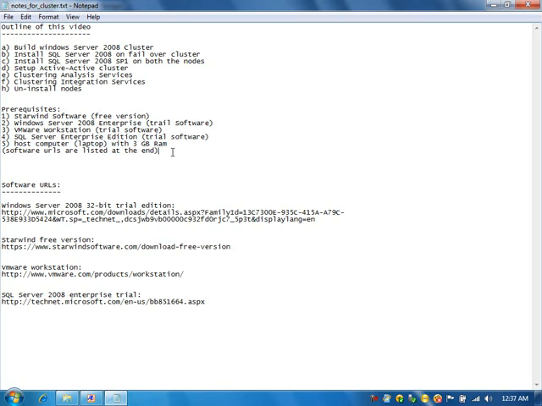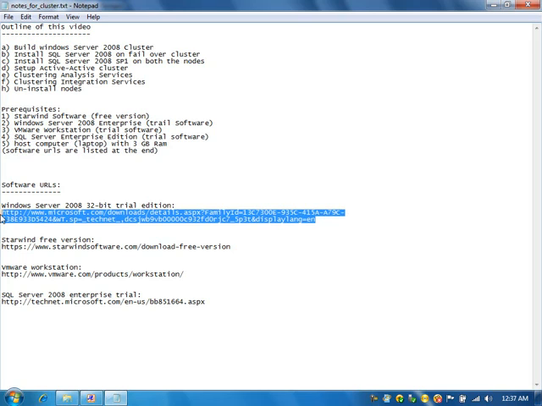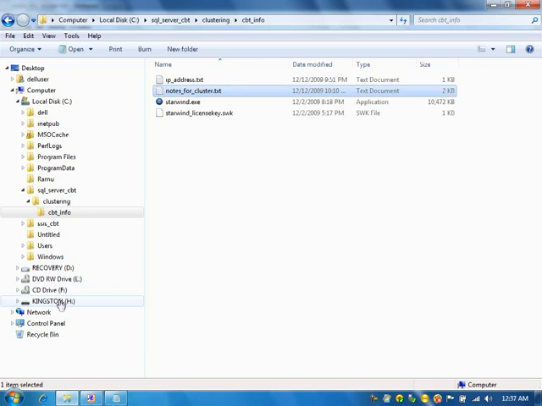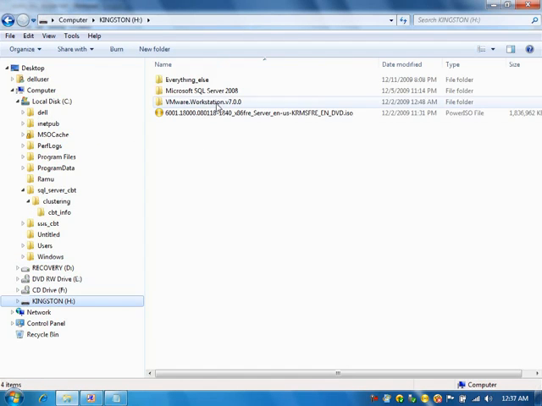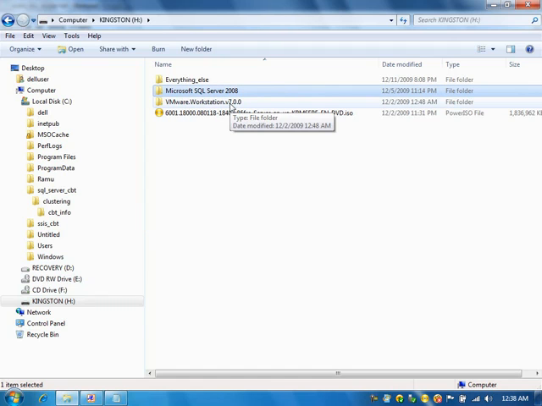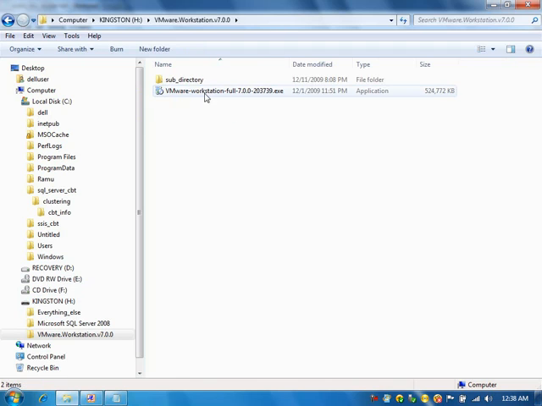That should be fine. I have given the URLs for those trial editions. In fact, I have downloaded those trial editions. I downloaded Windows Server 2008 trial edition, VMware Workstation, and SQL Server 2008 software. Okay, first let's install VMware Workstation. By the way,